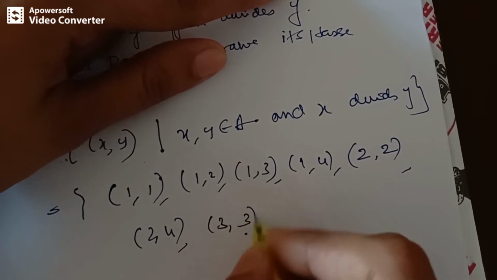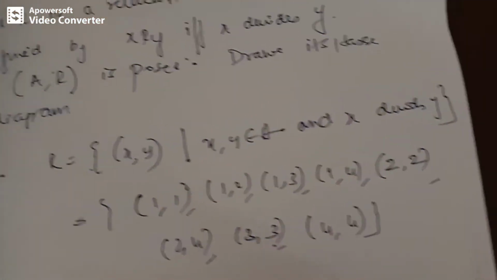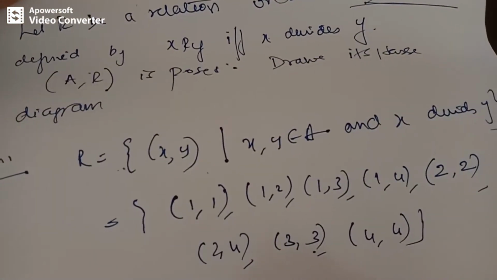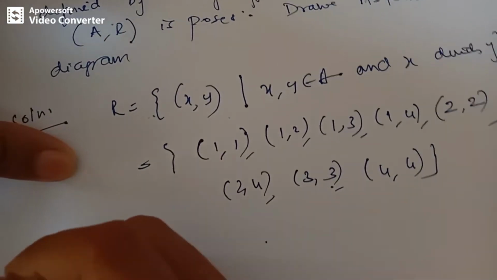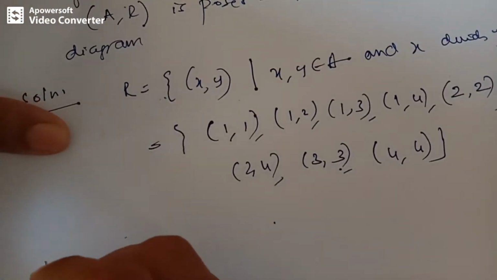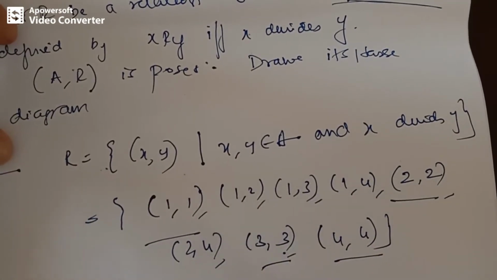3 divides 3 and 4 divides 4. All these elements will be there in the relation. So once you design this relation, the next concept is to verify it's a poset. First we check the reflexive property, that is, we find that each and every element is related to itself